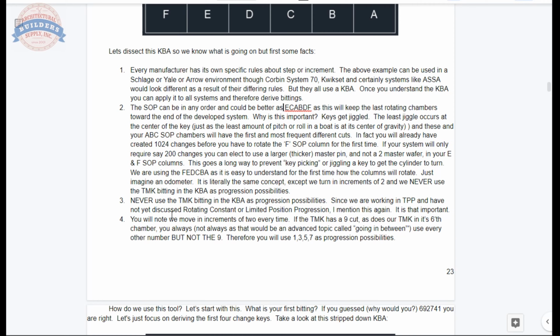So you might want to rotate the center of the key more often rather than less often. And I know I'm running the risk of saying this, which I know I'll say again later, but by the time you rotate the F column 1 time, you'll have 1,024 changes already. By the time you rotate the E column, you'll have 256 changes already,